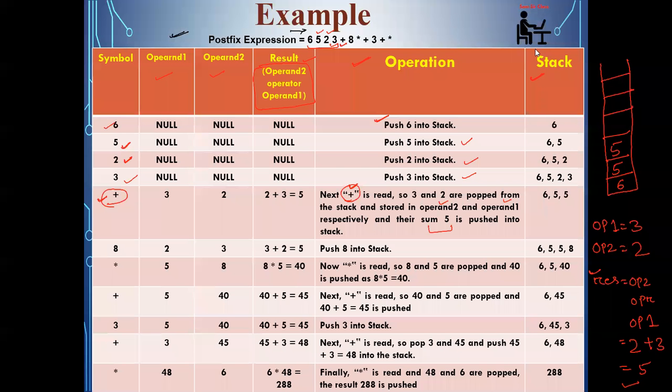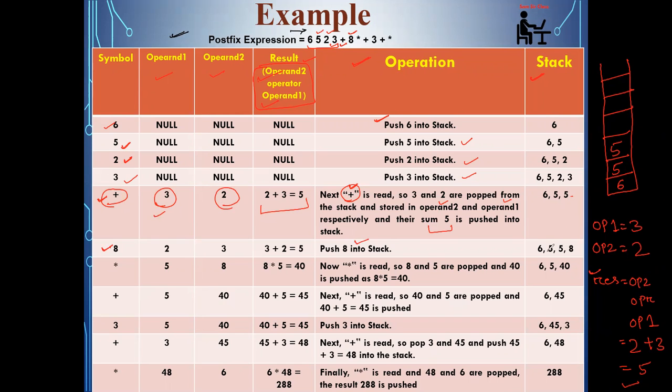Okay, so now 5 has been given as input, or by doing the push operation finally, you are keeping the value 5. Okay. So check here. First pop operation, second pop operation. But while doing the operation, first you have to keep operand 2, then operand 1. Okay. Now, after plus, again you are encountering what? 8. So whenever you will encounter 8, this is one operand, nothing to do. You can check that push 8 into stack.